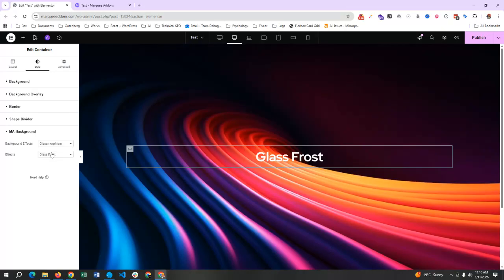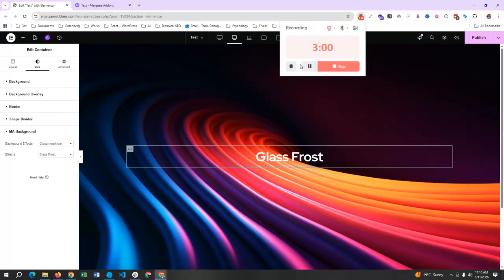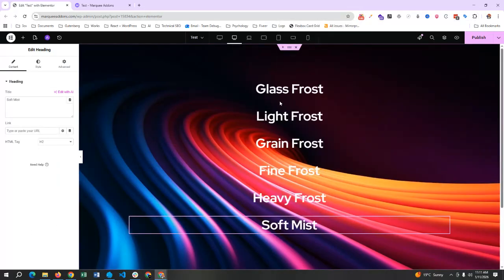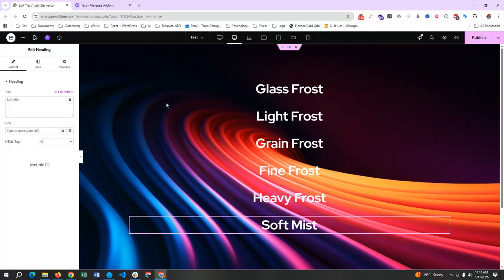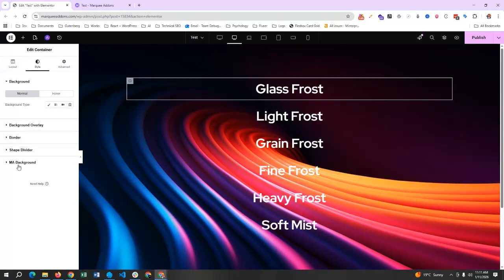Now I will create the rest of the effects for this container. Let's create that. Okay, so I have created six containers for six effects. I have already added